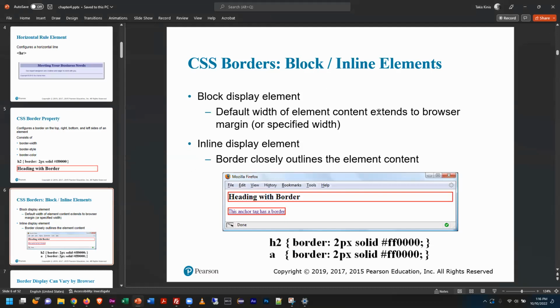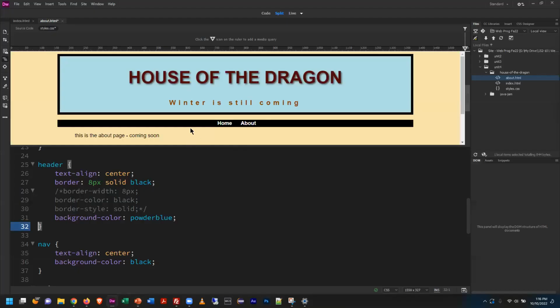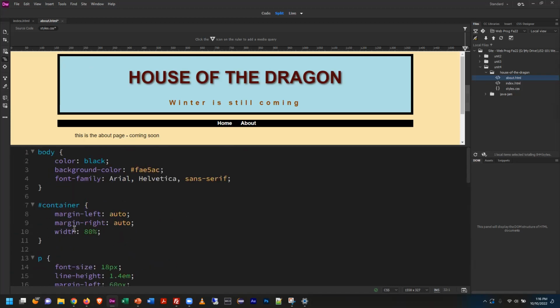Interestingly, you can do these borders, and I want you to see what happened. For my output, I put the border on the header tag, and the header is what we call a block level item, which fills its entire container, and it goes beyond the size of the words. So in other words, there's a container in here that keeps it to this point. But if that container wasn't there, so for example, this width here, if that was set to 100%,